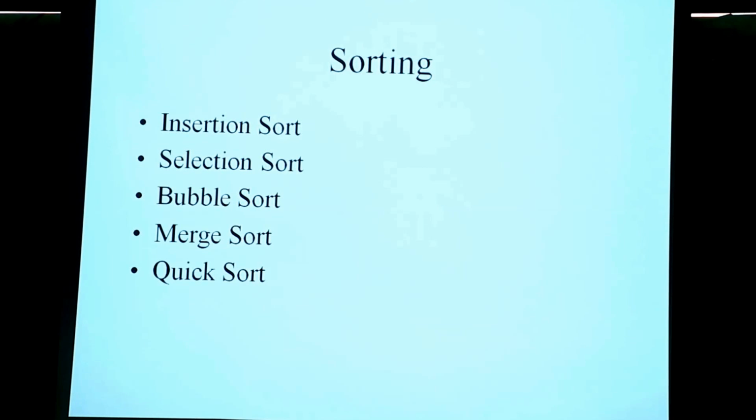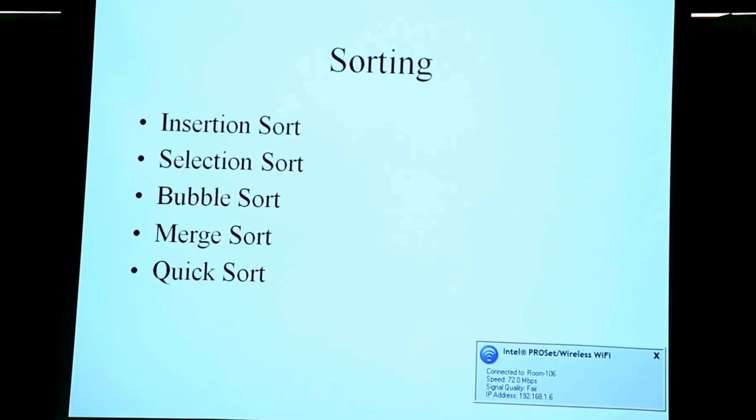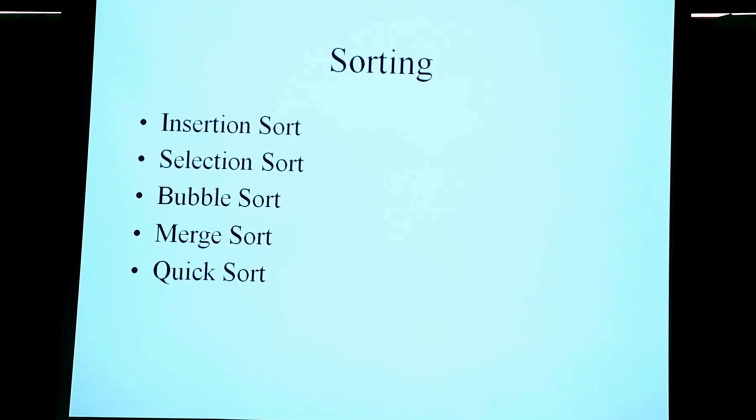So, it would be very nice if we can guarantee that we always pick the middle of the data. What is it called? Median. If we knew the median, if we knew how to compute the median of the data, then I am always guaranteed that at every point of time I will split it into equal halves. Okay? And anybody knows how much time does it take to compute the median?